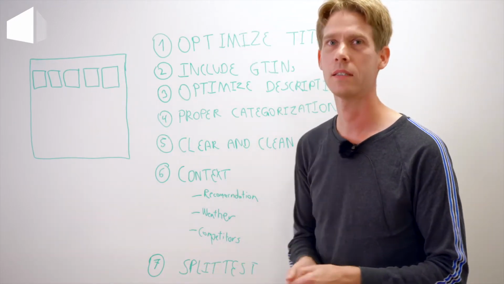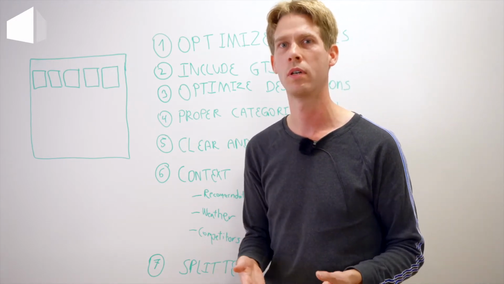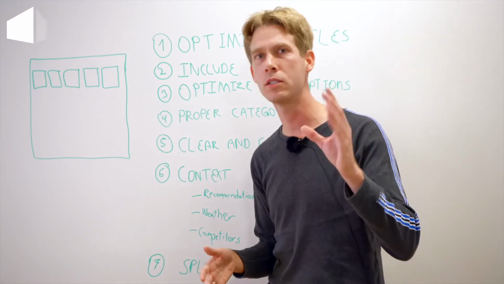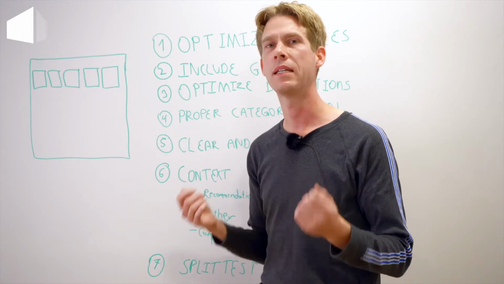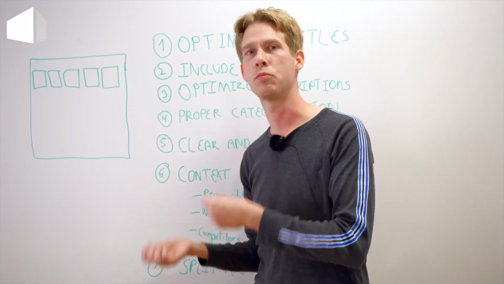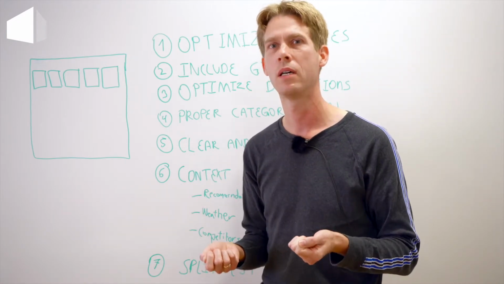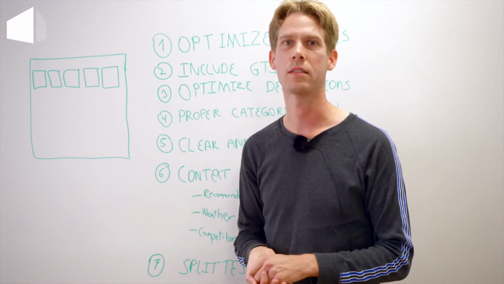And then the last thing is split testing. We all have ideas on what works and what does not work. But split testing your feed, dividing the items into two groups and saying, okay, in this group I'll write this type of title, and in this group I'll write another type of title, will enable you to understand what type of title works best, how your descriptions should be built, and all of the things that we have an assumption about, but we honestly don't really know, because in the end, it's not us who decides it.